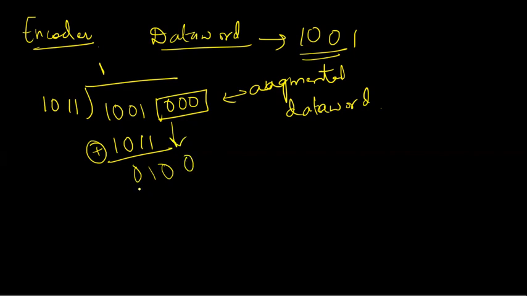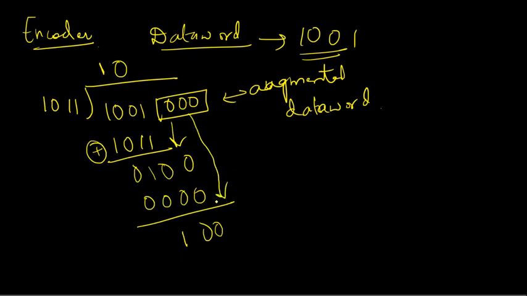Now the leftmost bit, what is it? It is beginning with 0. So we have to write 0 over here and write all zeros. Now we have to leave this first bit, and from here we have to begin. So 1 0 will give us 1, 0 0 gives 0, and then again 0. We have to pull this bit down, that is the second 0 from the augmented data word. Now the first leftmost bit is 1, so we write 1 over here, and then we write 1011.